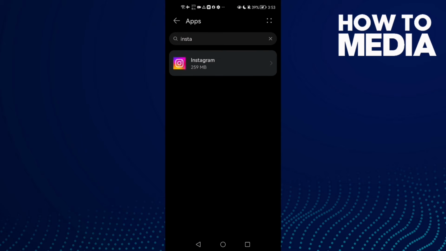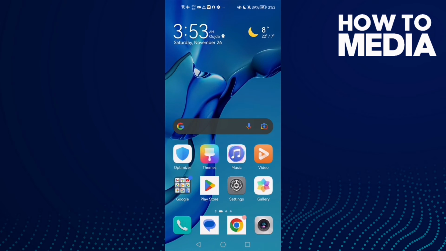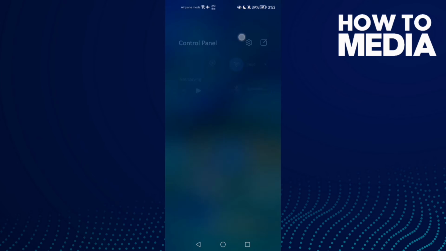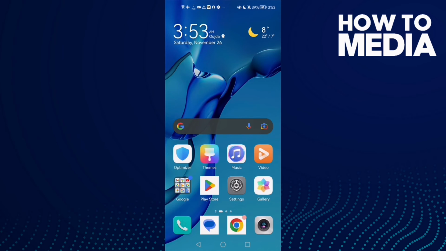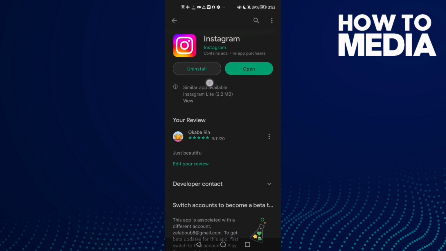And if you have an iOS, just restart your phone and then turn off your Wi-Fi and turn it on again. And if that doesn't fix your problem, then all you need to do is uninstall your Instagram and install it